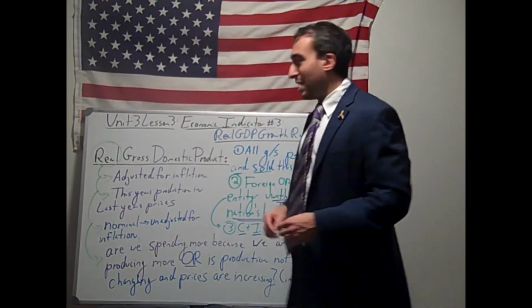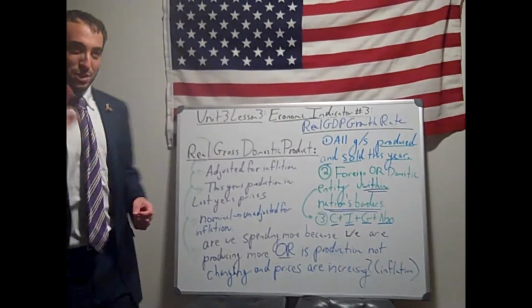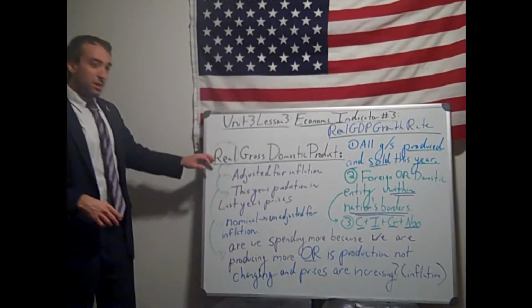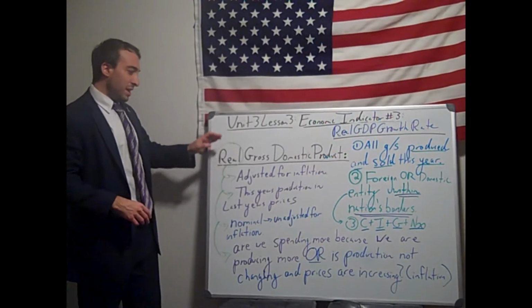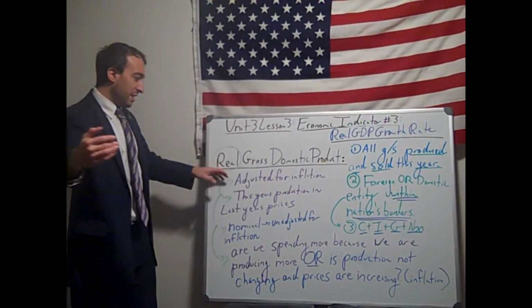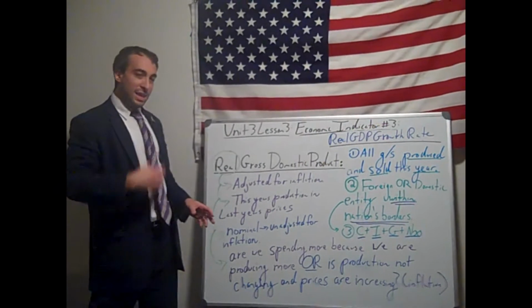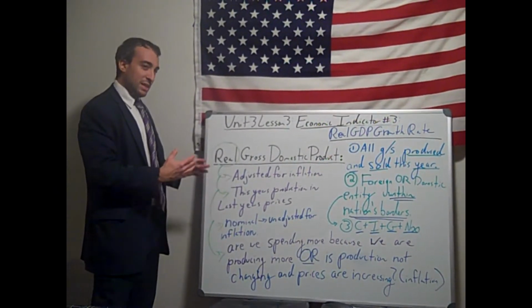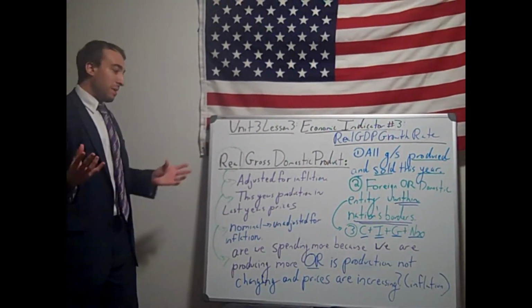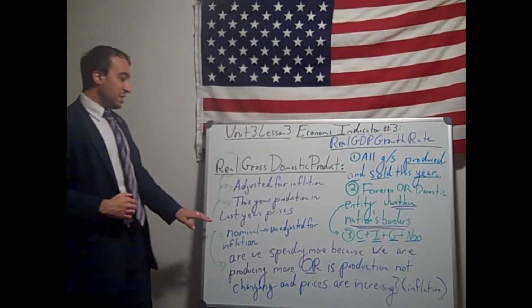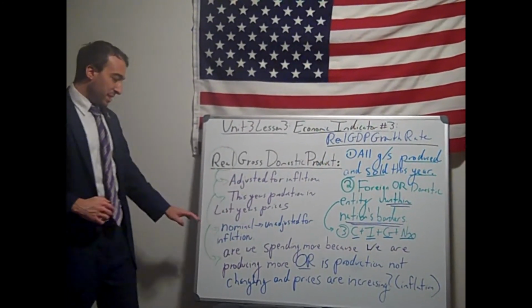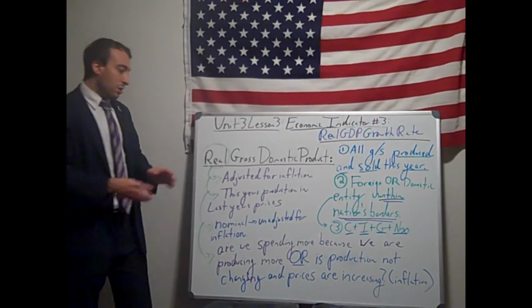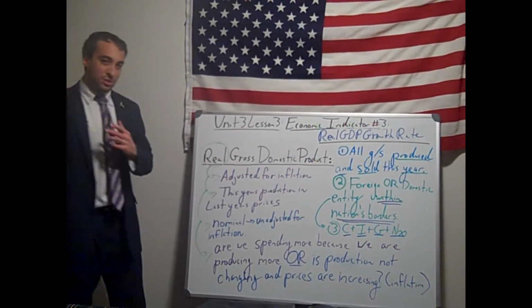Now, the word real is important as well, because as we saw in our last lesson with inflation, real means adjusted for inflation. So that means we have to calculate this year's production in last year's prices, because the nominal GDP would not be helpful. Nominal, again, going back to inflation, meaning unadjusted for inflation. And we need to know this year's production in last year's prices, because